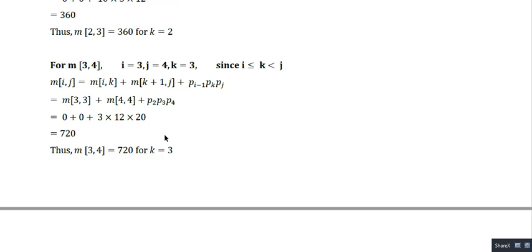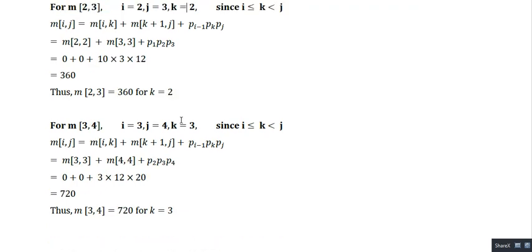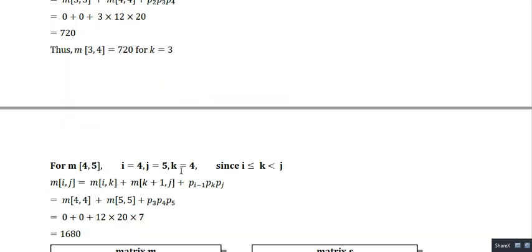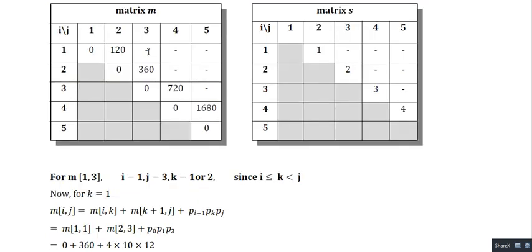So you can mark here, for this first entry the value of K is 1, for second it is 2, for third it is K equal to 3, for fourth it is K equal to 4. So we are just placing those values 1, 2, 3, 4. Right. So now let us come to this sequence. This is important. This is M13. How to fill up this?